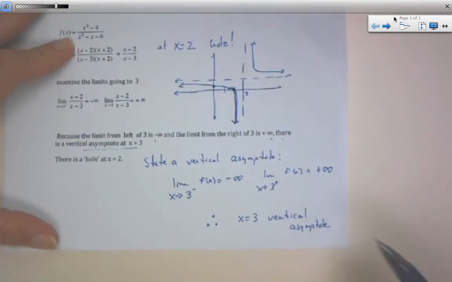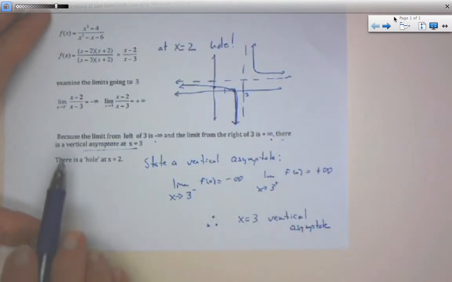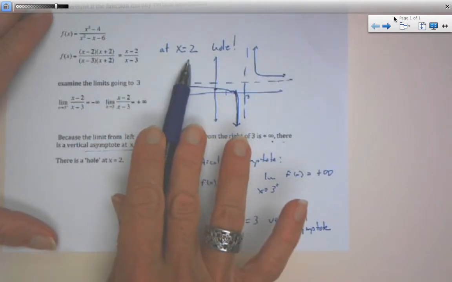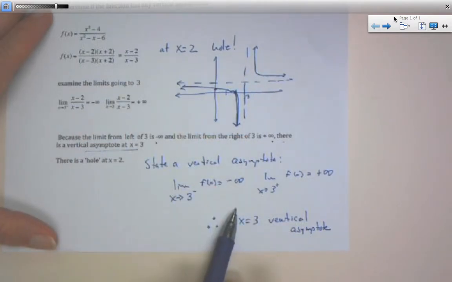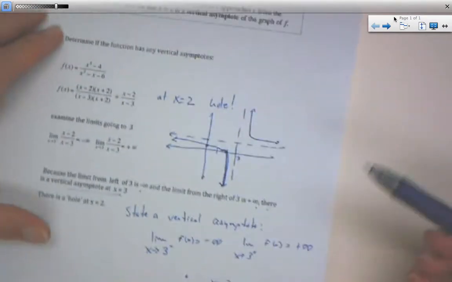All right, so in class tomorrow, we'll discuss the difference in the homework problems. You're mainly just going to be looking for where there's discontinuity, either with an asymptote or a hole, and looking at vertical asymptotes using limit notation. And this section for homework is going to be kind of like